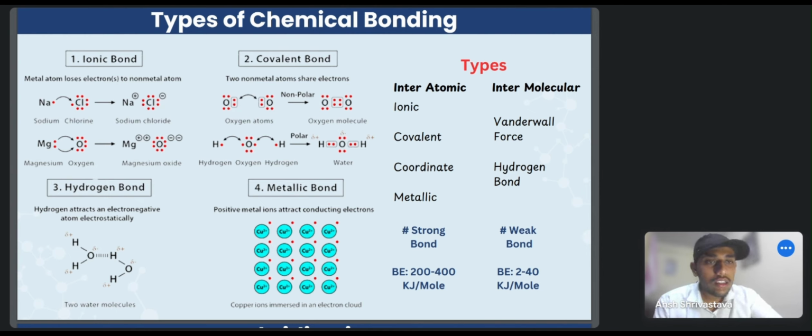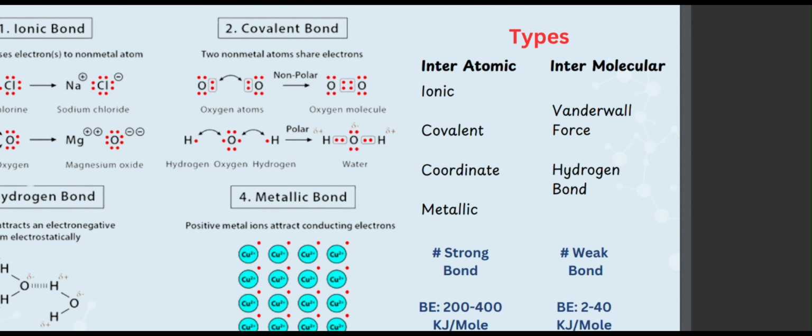So these are the two major types of chemical bond: interatomic bond and intermolecular force. Interatomic bonds are considered to be stronger types of bond with bond energy ranging from 200 to 400 kilojoule per mole, while intermolecular forces are comparatively weaker bonds with a bond energy ranging from 2 to 40 kilojoule per mole. Moving ahead to the next topic,